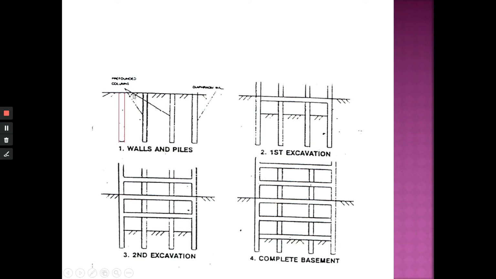Okay, now this is the ground, and you have 1 and 2, both sides of the retaining wall. Okay, perimeter, macam box. And you will have pre-founded columns. These columns can be permanent, it can be temporary. It depends on the designer, on the engineer, or on the requirement of the construction. Okay, so they built these pre-founded columns.